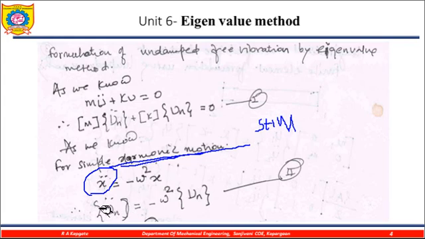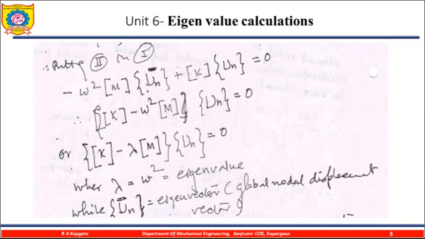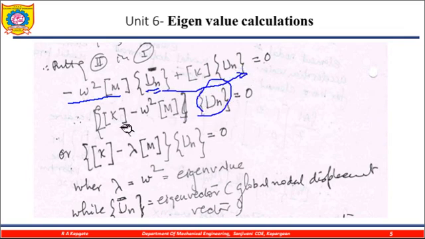So my acceleration vector is equal to minus omega square into un. I am putting this value here and trying to get the solution. So putting this, minus omega square into m into un, now there is no double dot, so this term and these terms are the same one. So this one I keep outside, this value I put here. Now the minus omega square is replaced with lambda.